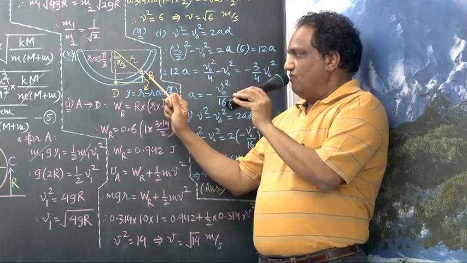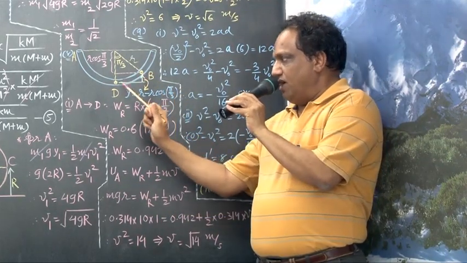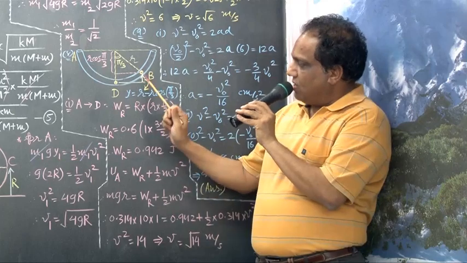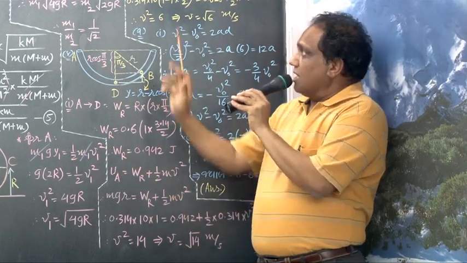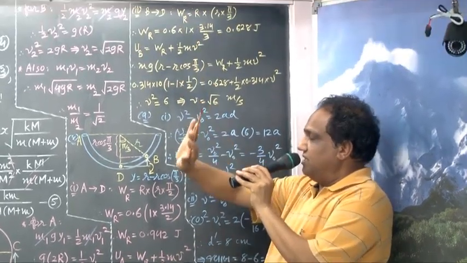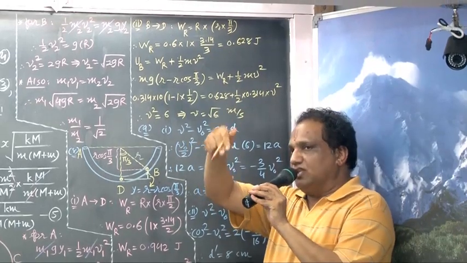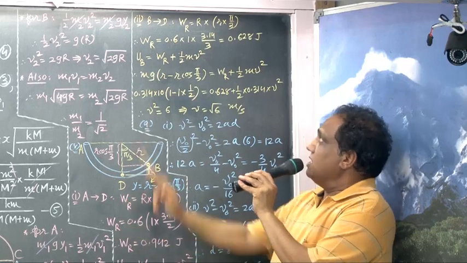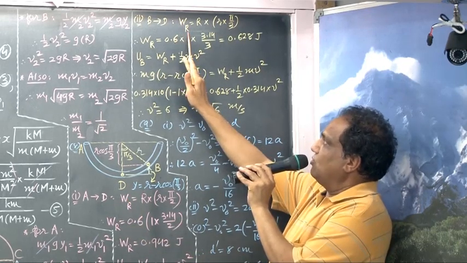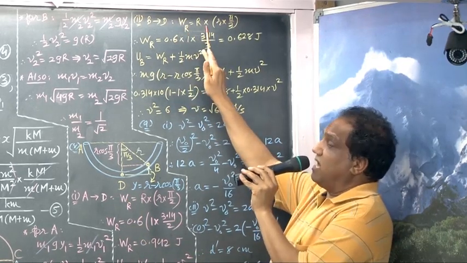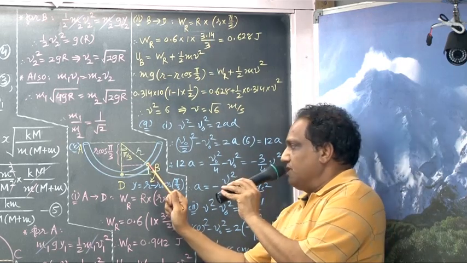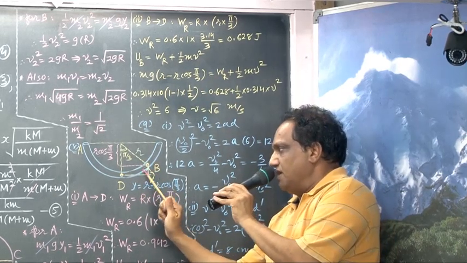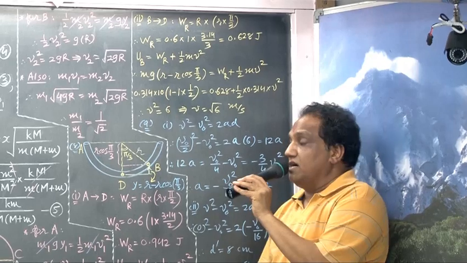Look, the body is going from B to D. Now again apply this equation, potential energy. Before finding that, let us go for finding the amount of work done against the resistive force, the way we had found out here. Amount of work done against resistive force is the resistive force multiplied by path length. So this much path length is required. This much path length is nothing but arc BD.